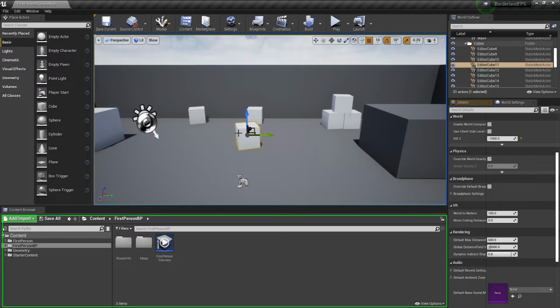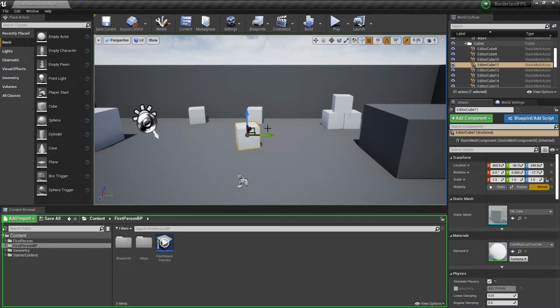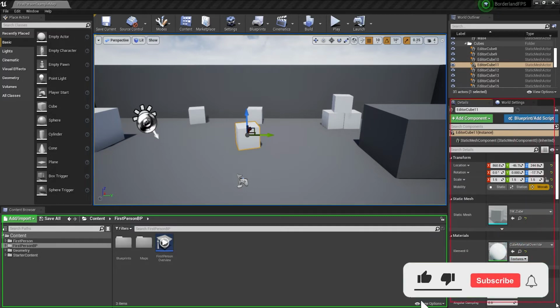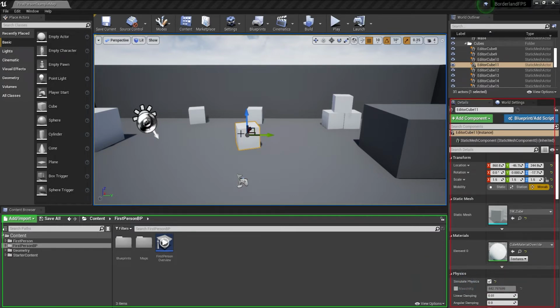Similarly, here you can see if we select an object, all the details relevant to this object will be shown in this panel. It tells us what type of object this is.